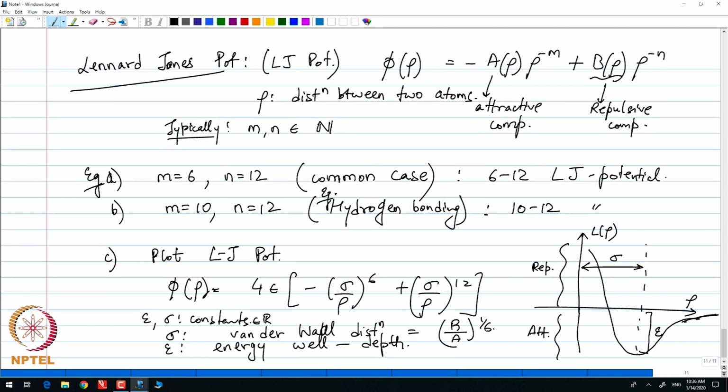Well, all we have to do is just take the derivative with respect to rho and set it equal to 0, and that will give me my rho star or critical value, which is sigma. Okay, so this is a typical example of the LJ potential that we will be using. Okay, so we can see that van der Waals interactions are usually short range interactions. Why? Because notice that as rho goes to infinity, the interaction nearly goes to 0, right.